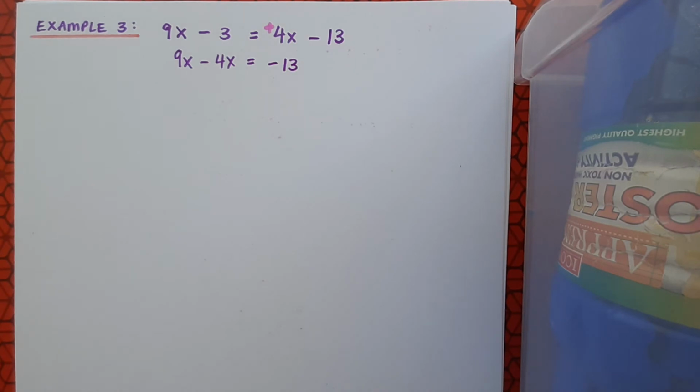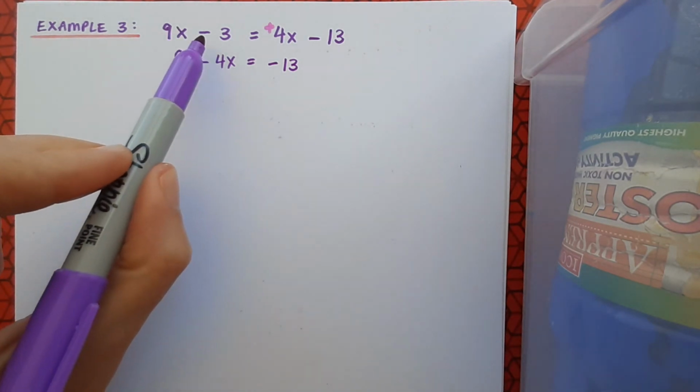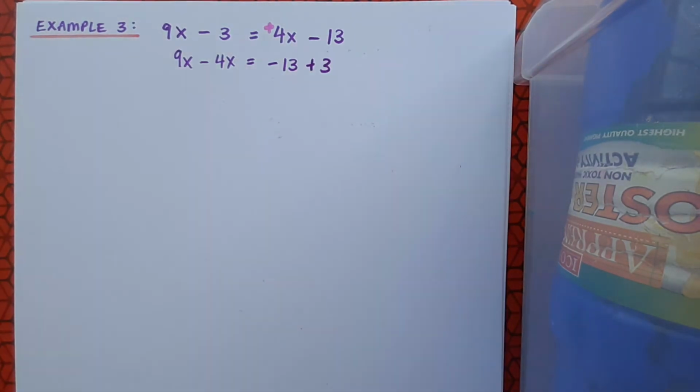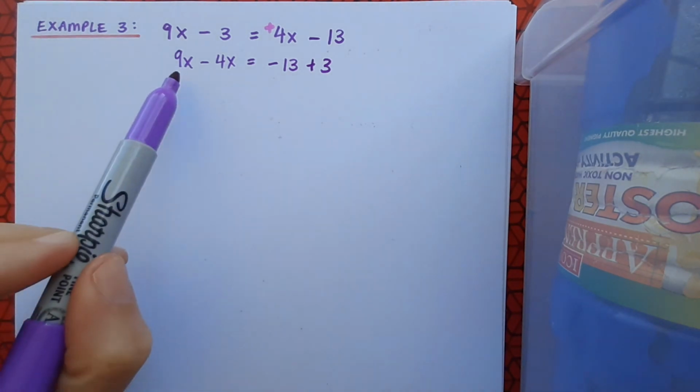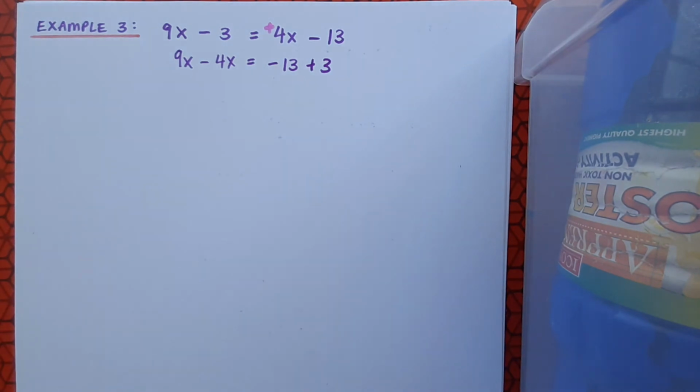Minus 13 is already on the right-hand side. And the minus 3 is going to come over, and it's going to change to a plus 3. Now I'm going to simplify both sides. 9x minus 4x is going to give me 5x. Minus 13 plus 3, and you can use the calculator if you need to, is going to give me